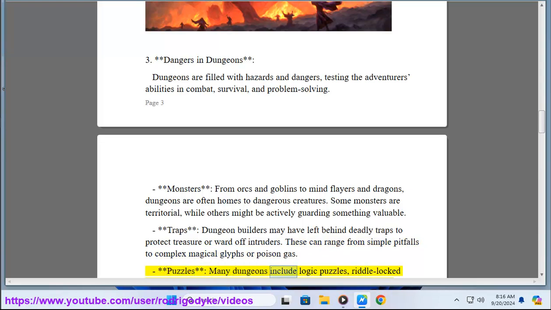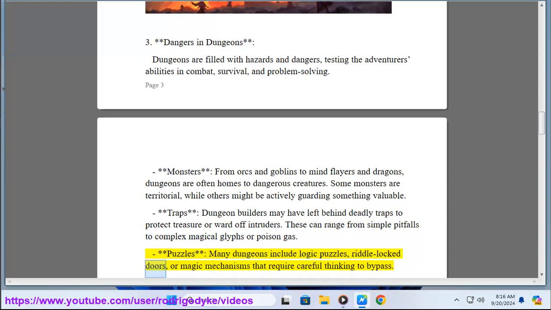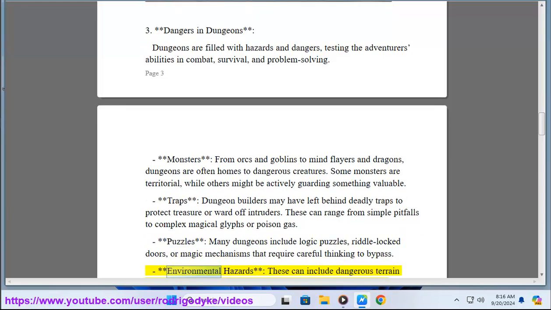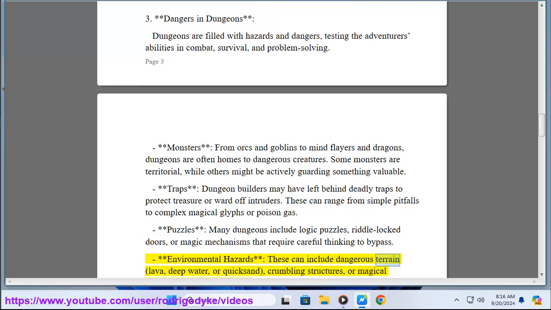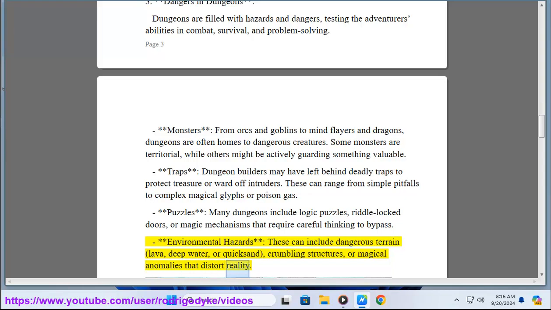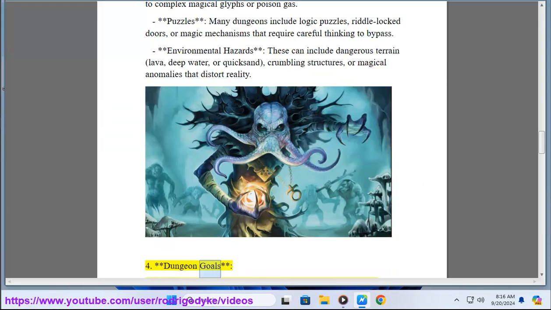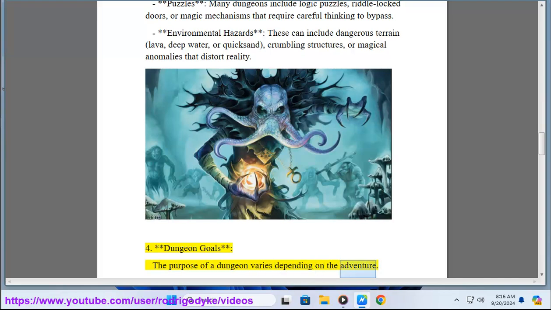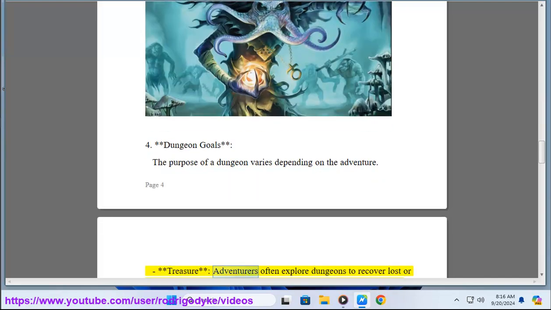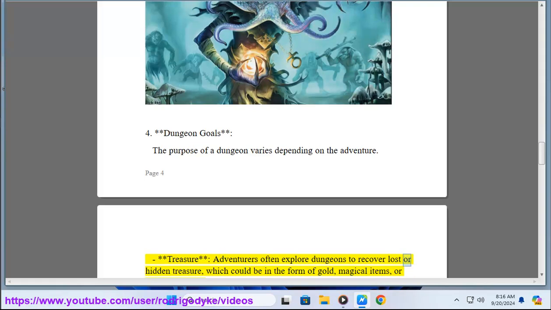Puzzles. Many dungeons include logic puzzles, riddle-locked doors, or magic mechanisms that require careful thinking to bypass. Environmental hazards. These can include dangerous terrain, lava, deep water, or quicksand, crumbling structures, or magical anomalies that distort reality. 4. Dungeon goals. The purpose of a dungeon varies depending on the adventure. Treasure. Adventurers often explore dungeons to recover lost or hidden treasure, which could be in the form of gold, magical